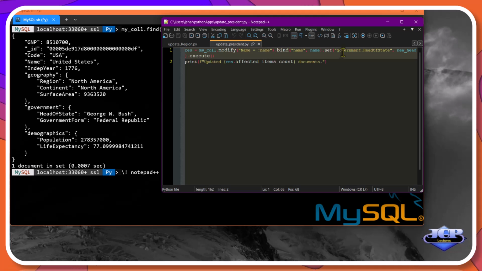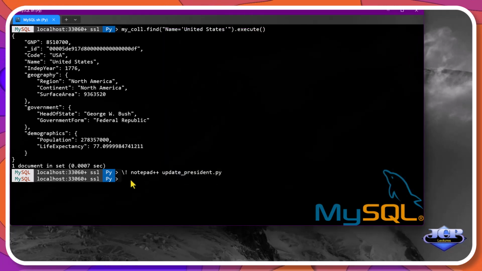Here we see that the parameters to change the name of the president are name and new_head. With name United States and new_head Donald Trump, running the script will update the president, as you can see.